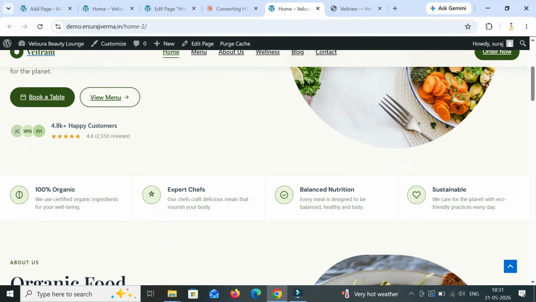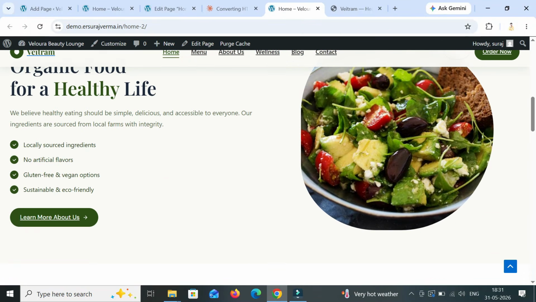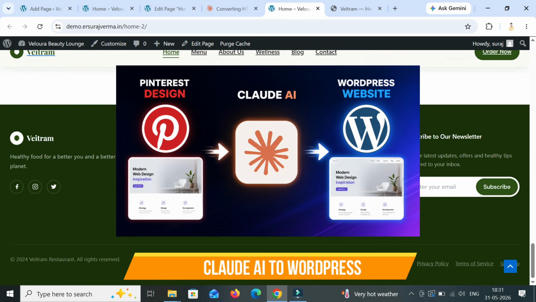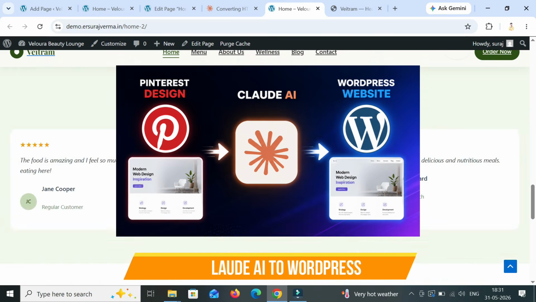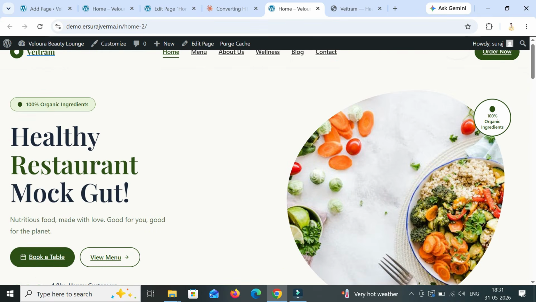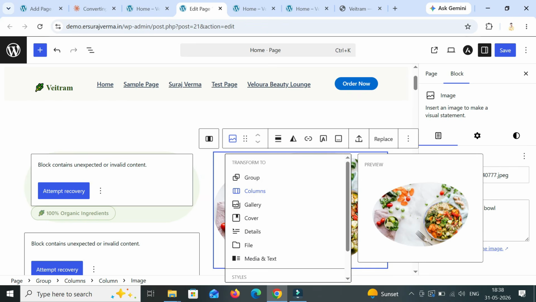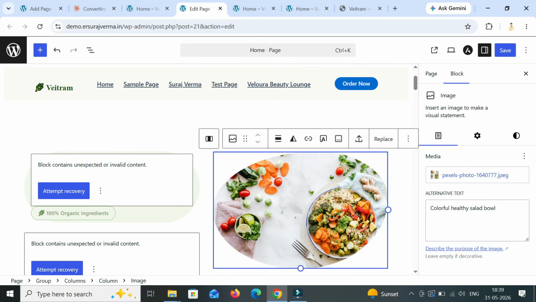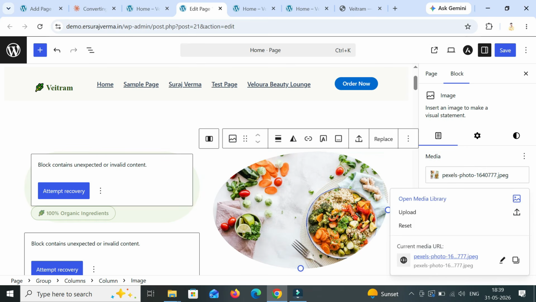Unbelievable, guys. I've just created this amazing looking WordPress website using Claude code. And I didn't write any single line of code or drag and drop any single element to create this website. I just used a Pinterest inspiration and converted it into a fully working WordPress website with editing capabilities with simple